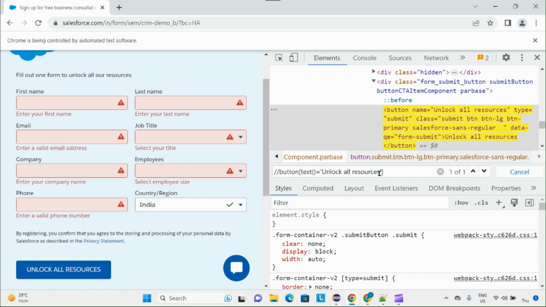And what was the method we used in the previous lecture to validate partial things? It was contains. So let's try to use that contains method here. So if I add the contains method, this was the format. First we have to write the method name, contains, then round bracket,